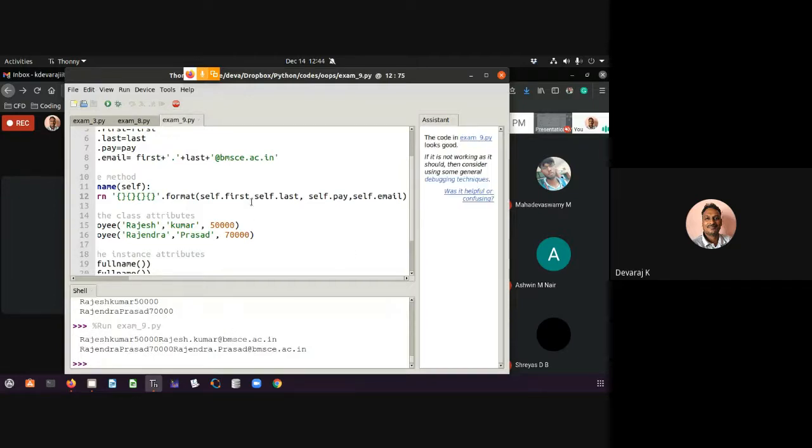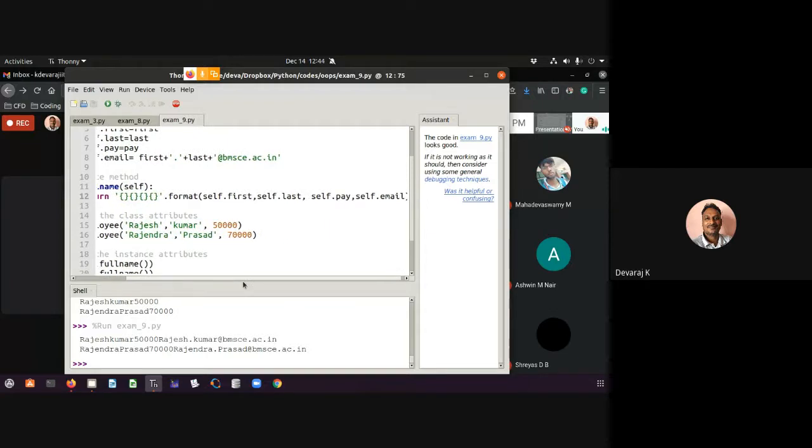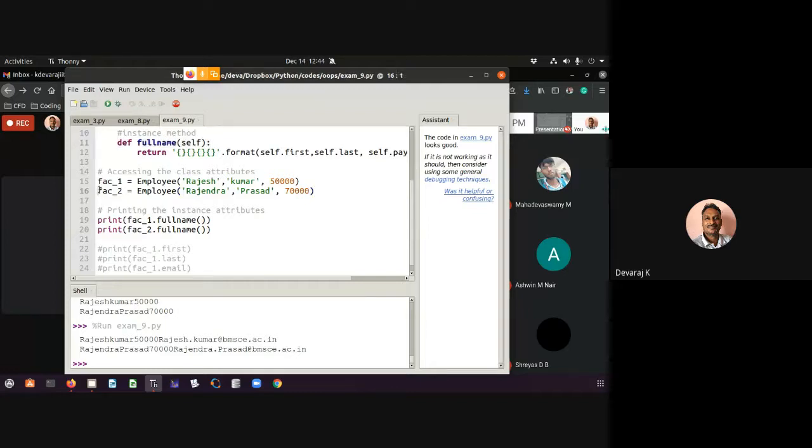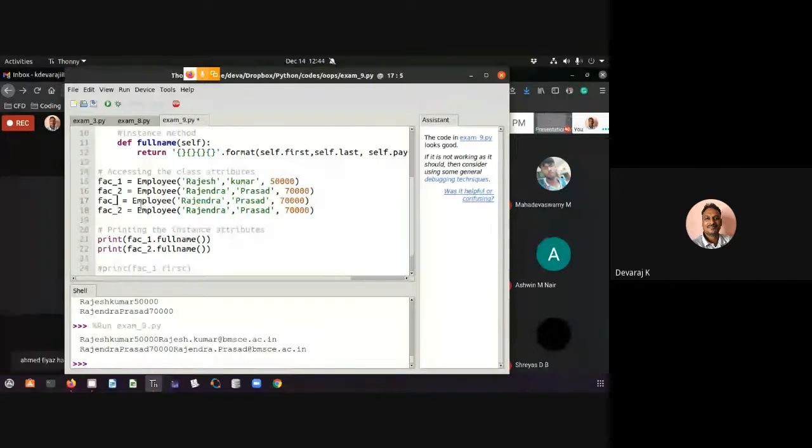Maybe it all depends on, say for example, if you want, I can use some blank or some space and all. So here what's happening, I'm getting the output: first name, last name, pay, and email ID. So all the four I'm trying to get in one single output. So this particular thing, whatever it is, this is the instance. Similarly, I can have n number of things, say maybe faculty 1, faculty 3, 4, whatever it may be. So I will show for 4 faculty. I can do the same thing.